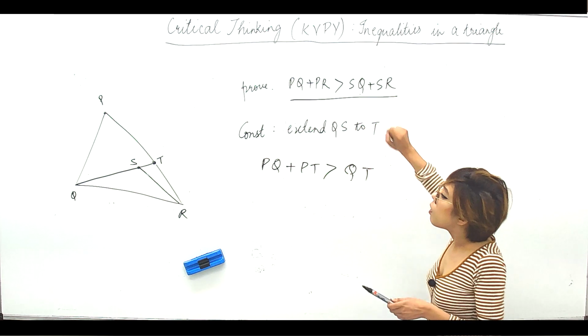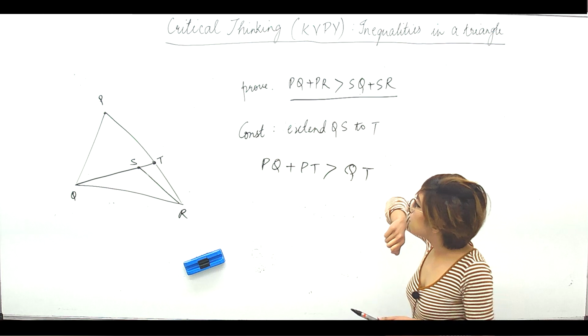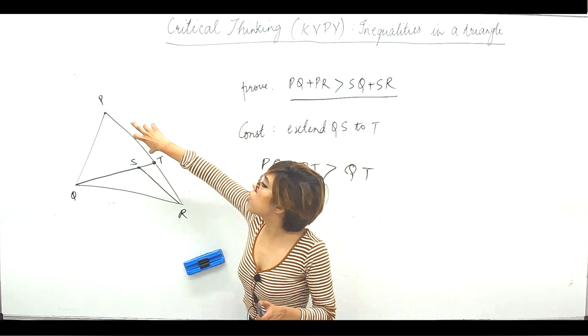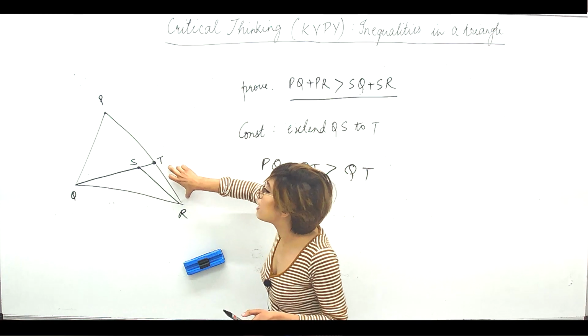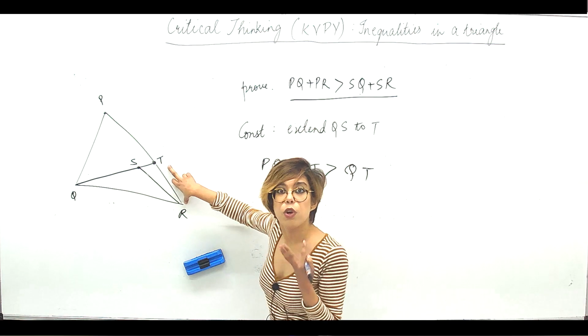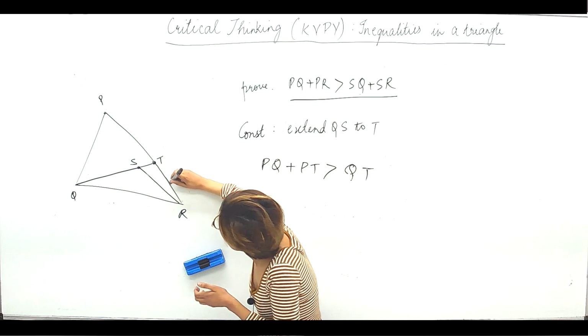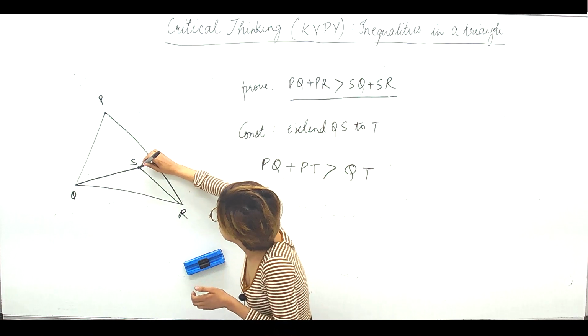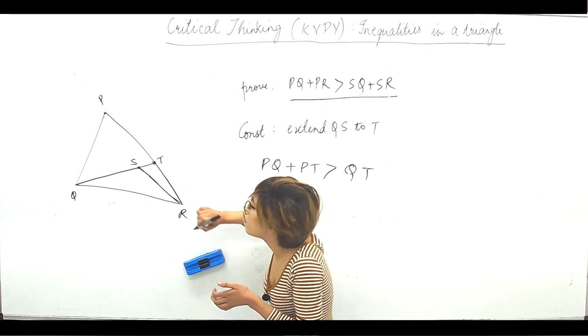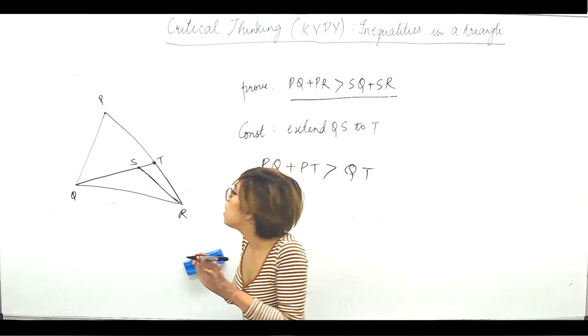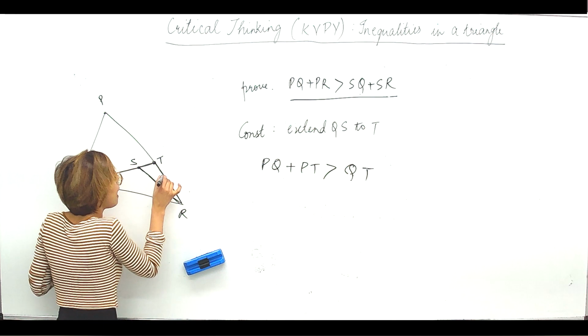Now what else? अब मुझे SR भी इन्वॉल्व करना है somehow, right? और since अभी तक I've just involved PT, I need to involve this part also. I need to involve both the parts in order to get PR. So I need to involve this, and I do need to involve SR. So I think I know which triangle to use, right? So consider this triangle now, STR,